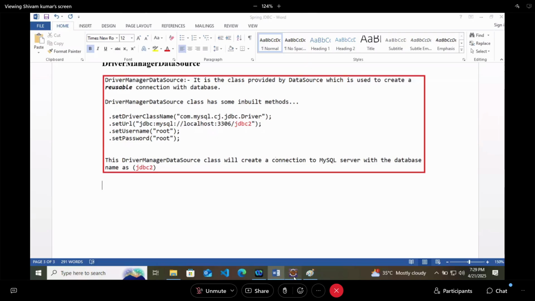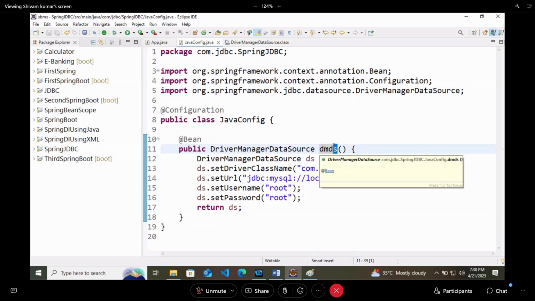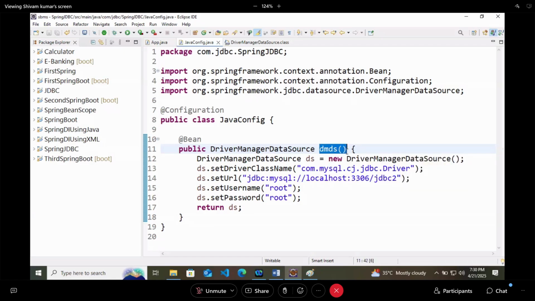Already we are doing this particular part in our programming. What we are doing here is creating a method, public DriverManagerDataSource, DMDS. You can keep any name actually; I am just keeping DMDS as the method name.